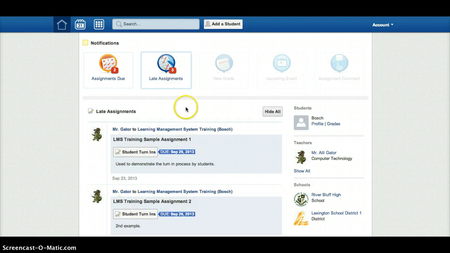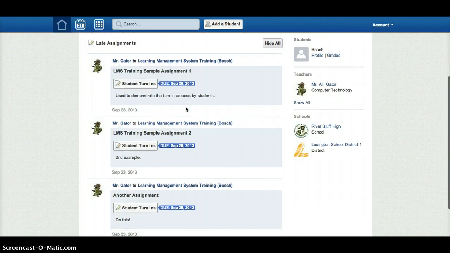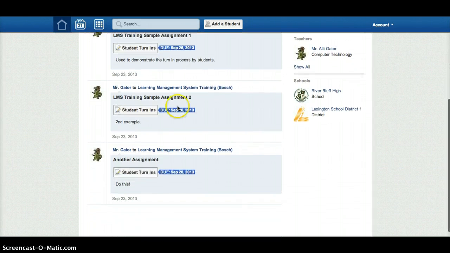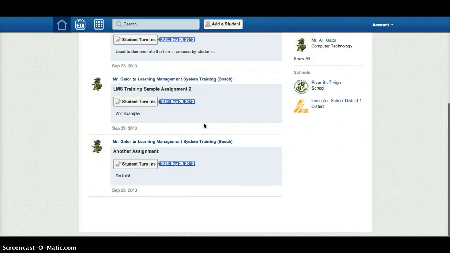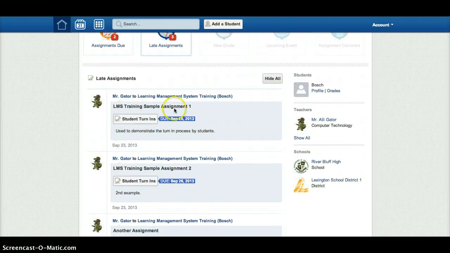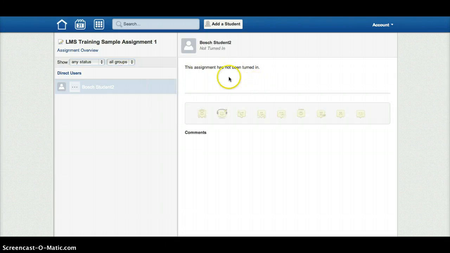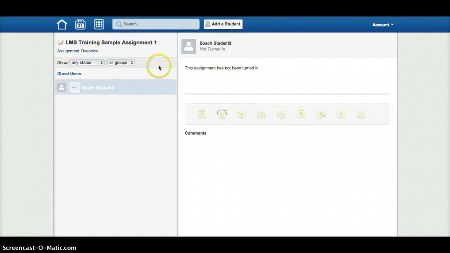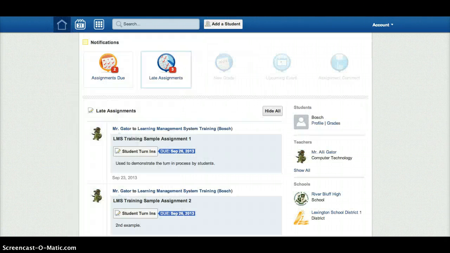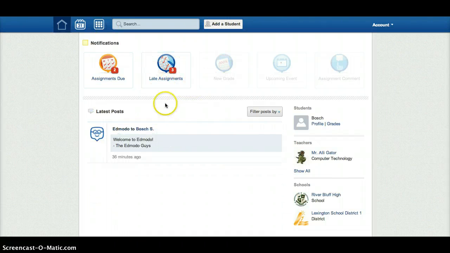Okay. So it loads, and then I can actually see what the assignments are that my student has not turned in yet. I can click, and this will show me my student, and I can click to see that they have not turned in this assignment. I can go back and return to my home screen, and so I can get a little bit of detail about these assignments that